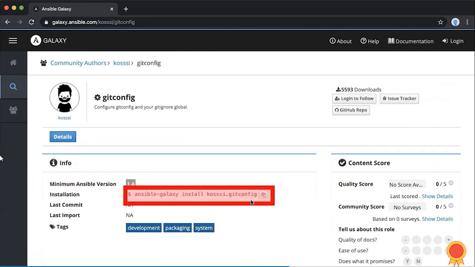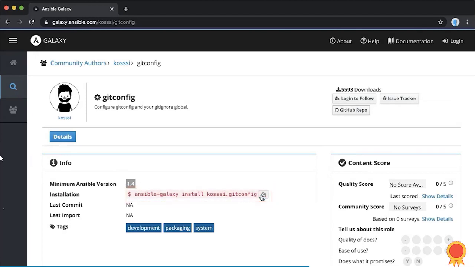I even get a nice little string here that I can copy that contains a command that I could run to pull down this role onto my machine to be able to use it. Before I go too far, I'd like to point out you need to be careful with what you pull down off of Galaxy. As with any package management system and distribution platform, you should be very careful that you know what exactly you're running to make sure you're not running malicious code. It's always possible. And to better understand that, let's pull this down and take a look at what this package